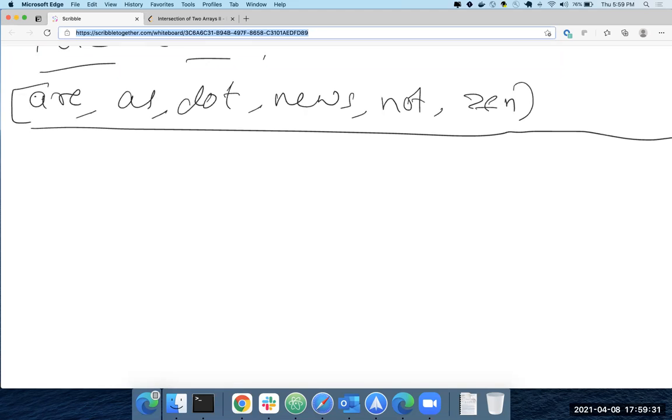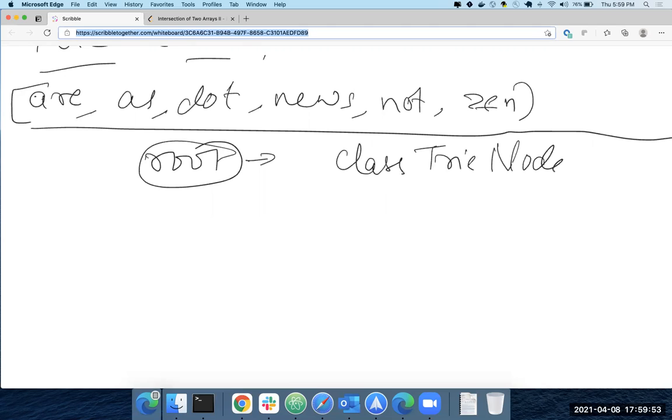Okay, so let's say initially we start from the root, right? Let's say this is your list of words. How do you add words now? Let me say that I'm going to call each node a TrieNode, and let me just initialize it.